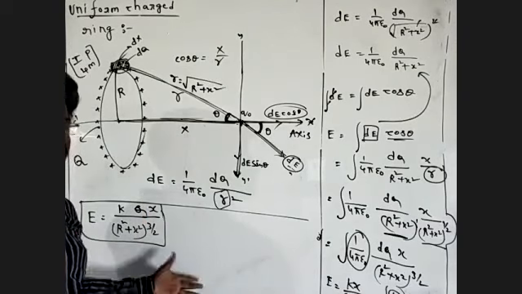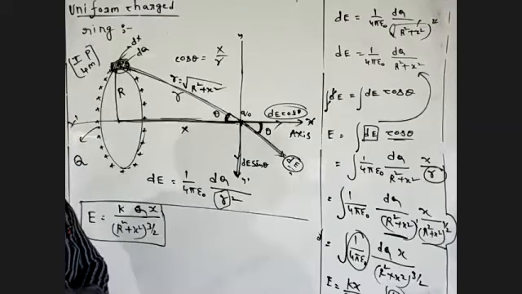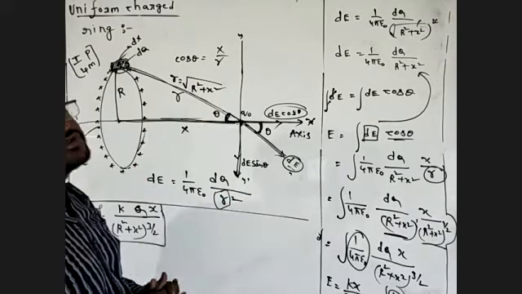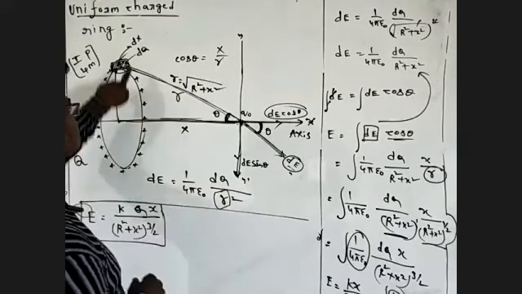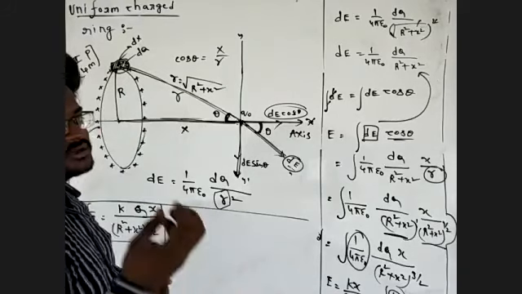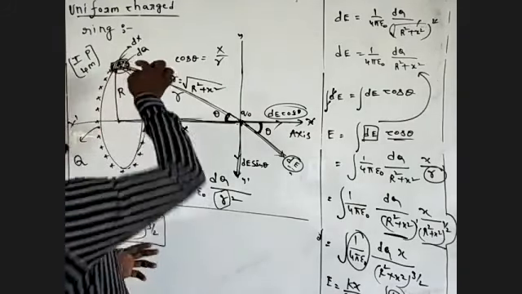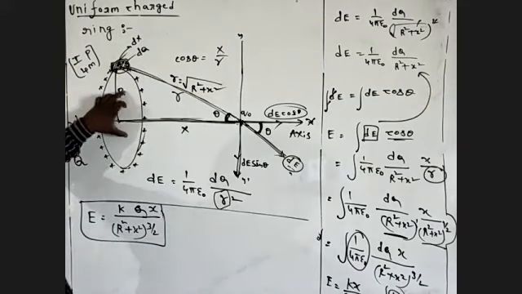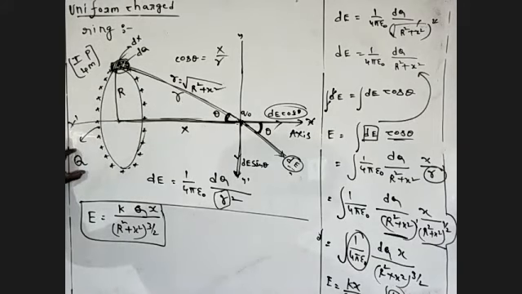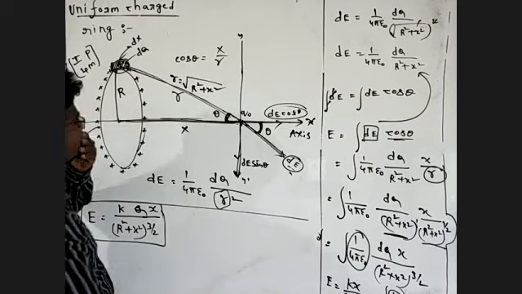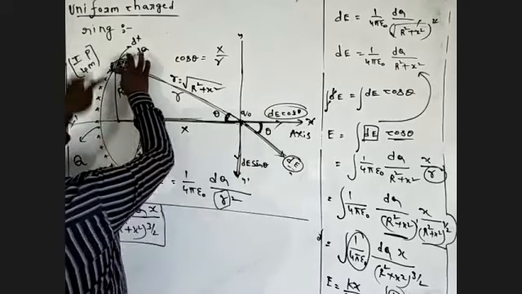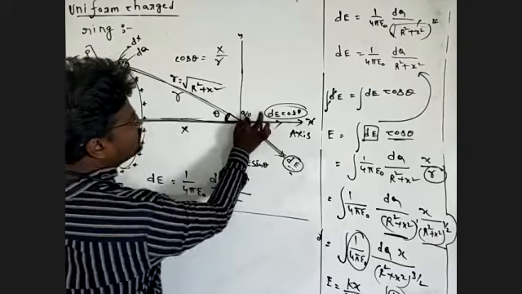Now next I'm going to extend this topic for competitive exams. You'll see a uniform charged ring. First, we have to take a ring. One ring. Positive charge is uniformly distributed around the ring. This ring has total charge Q. This is what we call the x-axis. This is the radius of the ring.